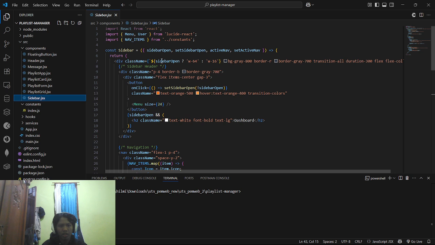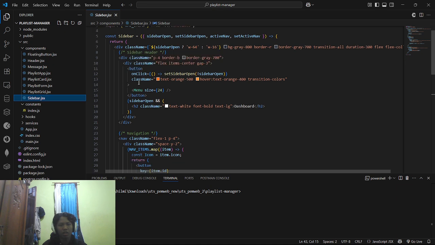Here the sidebar open will appear. This is the style. This is for the sidebar header. This is the button to open and close the sidebar.